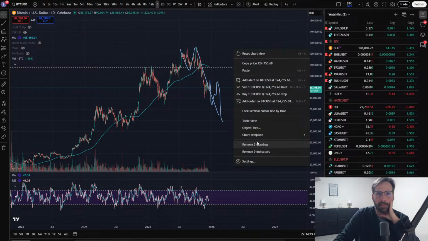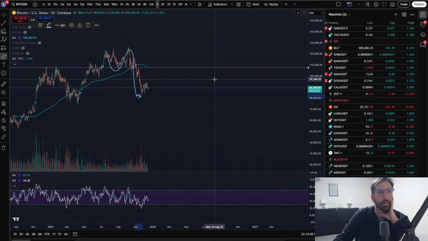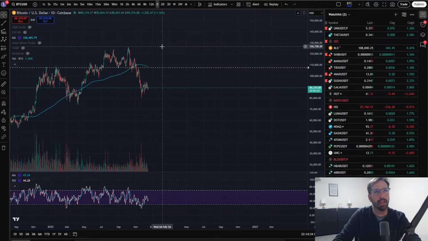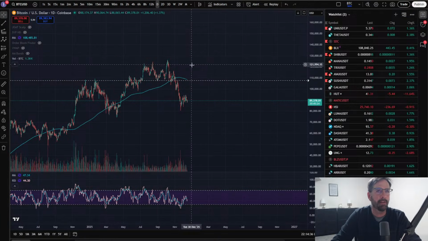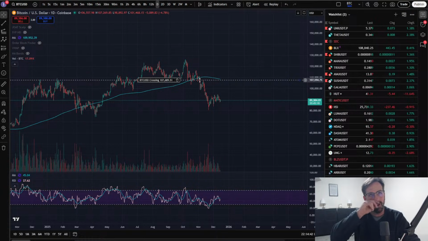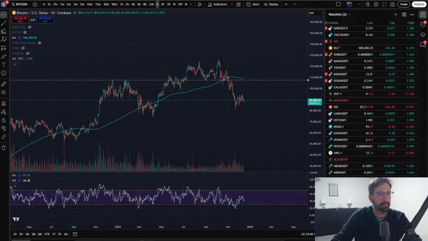Now, is it possible that this was ABC and we're finished? It is possible. What that would have to be is possibly an ending diag that's just super no, it can't be. It can't be an ending diag. Never mind. Nope. Can't be. Because the third wave would be the smallest, and wave 3 is never allowed to be the smallest. So I'm still looking for 5.